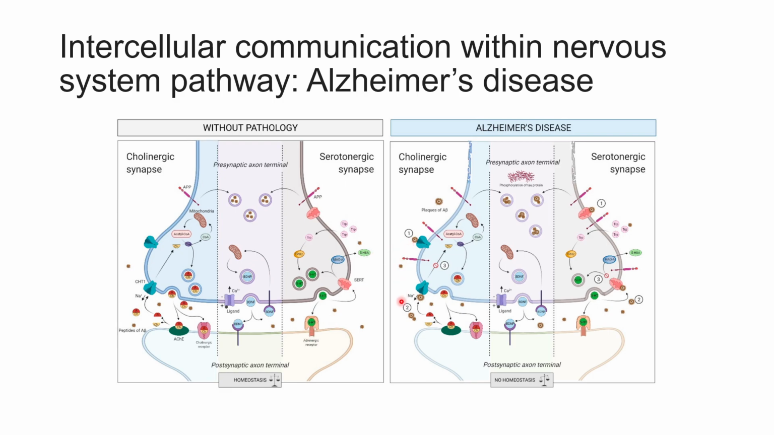However, in the case of Alzheimer disease, the plaque of AB will attach to these presynaptic axon terminals, and this leads to an inefficient exchange of signals between these two axon terminals. Thus the homeostasis that is established in a healthy person, or a person that does not have Alzheimer disease, will not be established to that level in a person affected with Alzheimer disease,